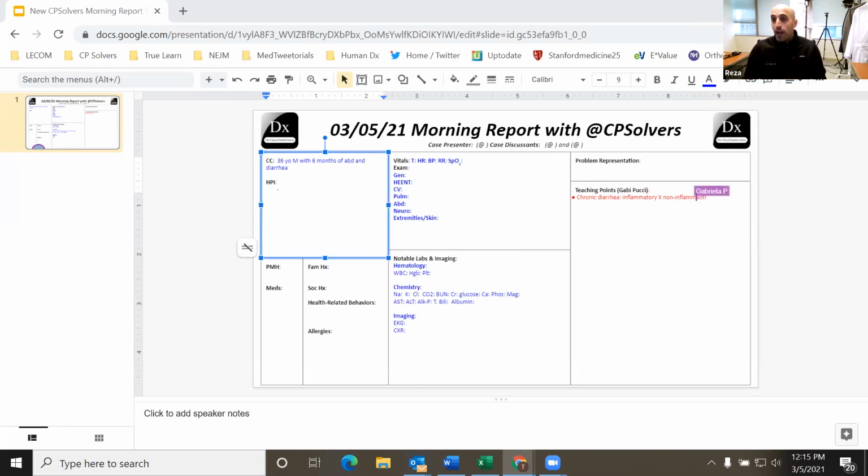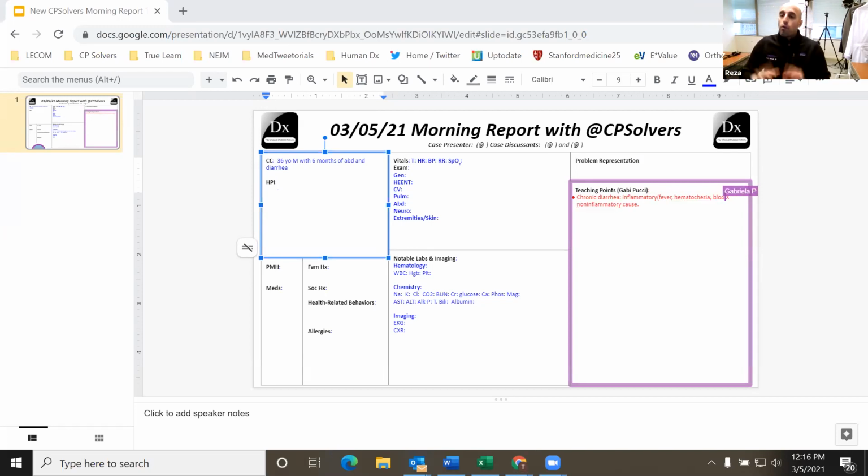In the HPI, we ask, is the patient having fevers that would point to inflammatory cause? Is the patient having hematochezia or bloody diarrhea? Again, inflammatory. Is there pus coming out of the rectum? Again, inflammatory. We're going to get this data from Gabriel, but let's say we are dealing with inflammatory,